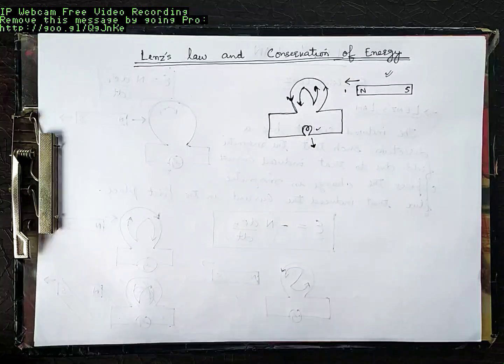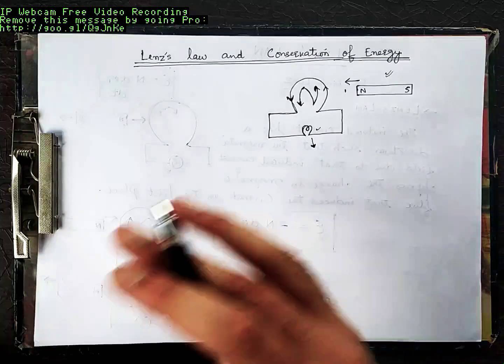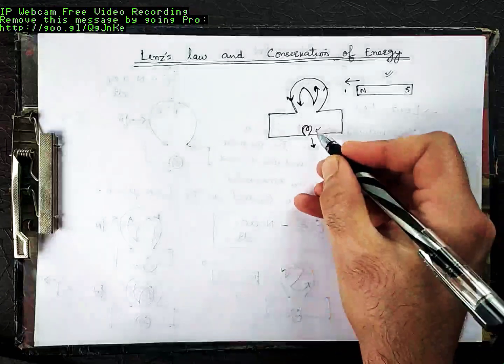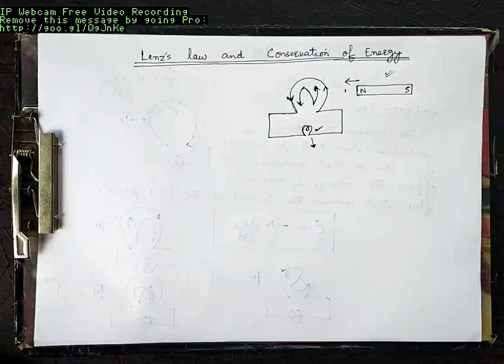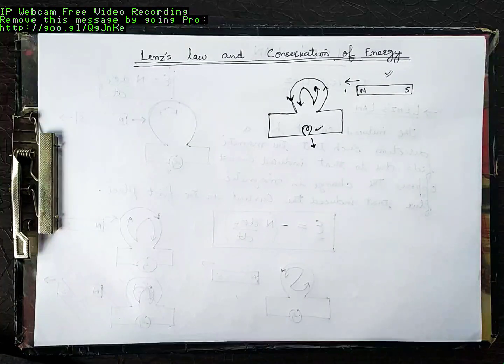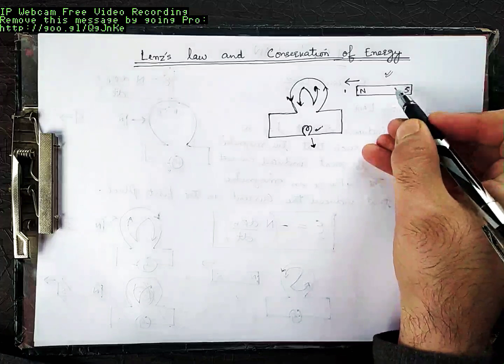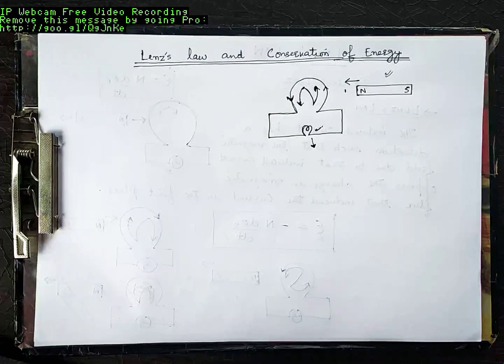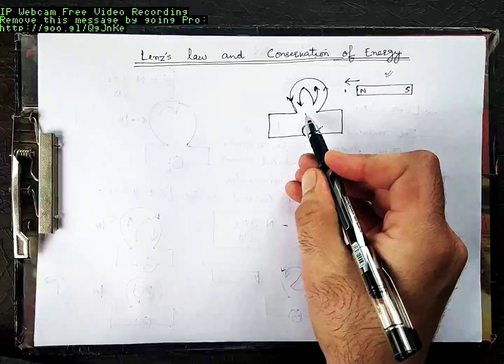You can create a perpetual machine, or an ideal machine in which there is no input required. You don't need any mechanical energy and you are getting output energy, electrical energy, at the output. From the law of conservation of energy, is it possible to produce such a perpetual machine where you don't require any mechanical energy but you are producing electrical energy? No, it's not possible.